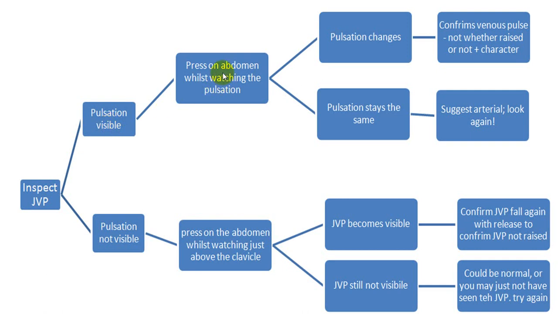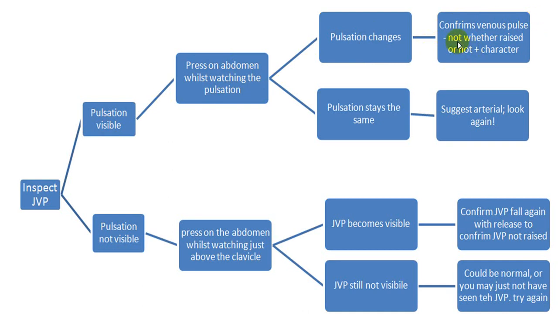Now, what we try to elicit is what we call the abdominal jugular reflex, or the hepatojugular reflex. So you press on the abdomen and watch for the pulsation. If there is a change in the pulsation, it confirms that it is a venous pulsation,